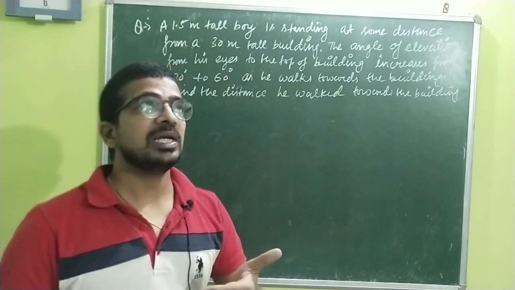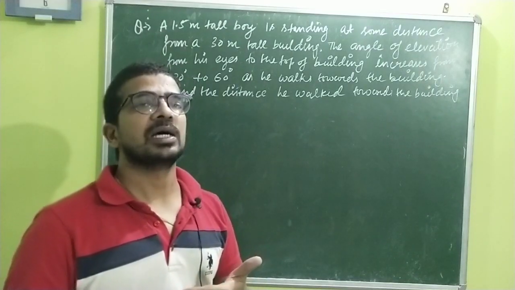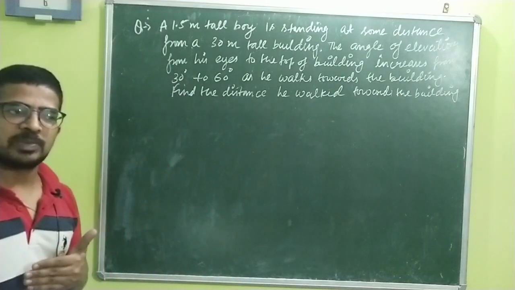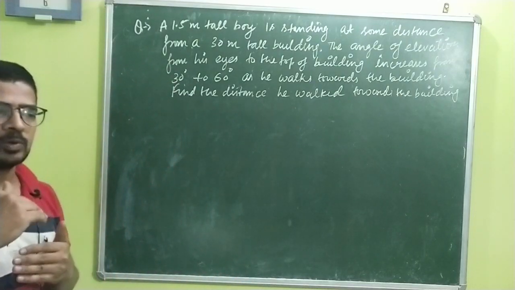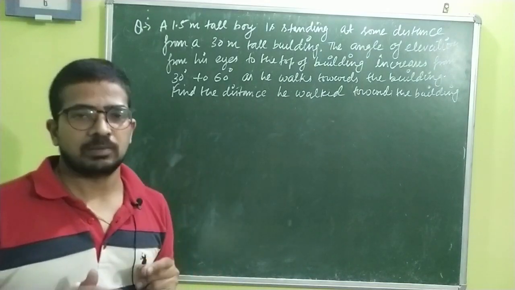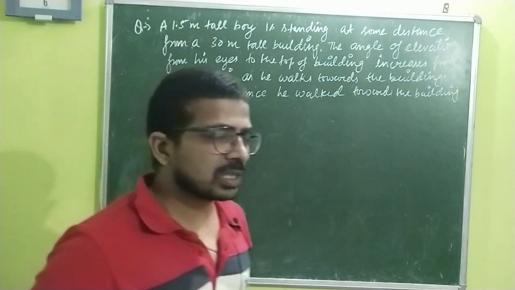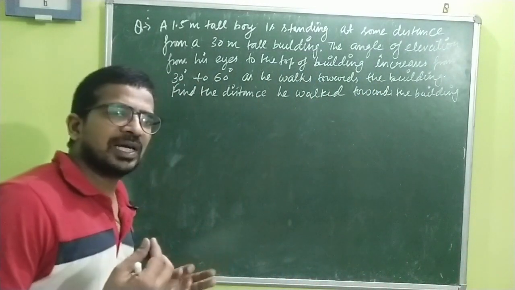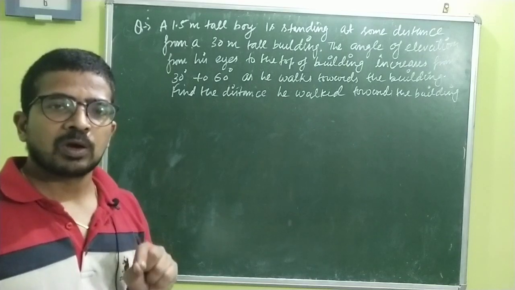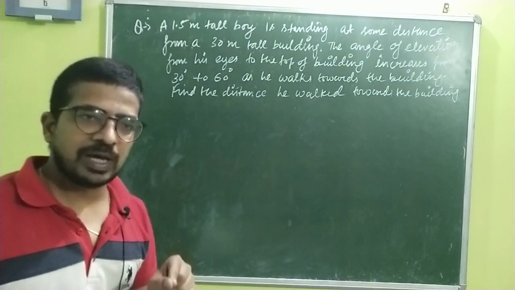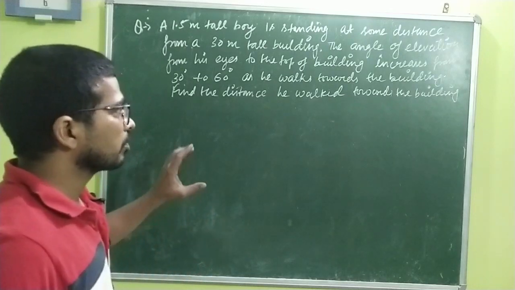Suppose I am seeing this fan, I have to raise my head like this. If I have to go a little farther or beside, what will happen? I have to bow down my head so that I can see the fan. And if I go just above it, I have to make a 90-degree angle. So it is quite obvious that as we move closer to a particular object, the angle of elevation will increase.